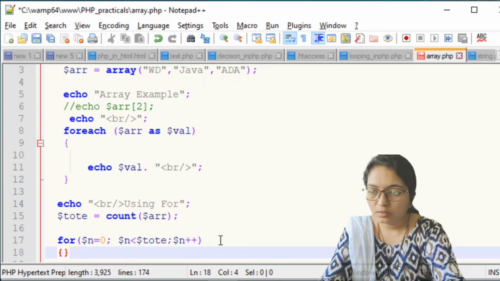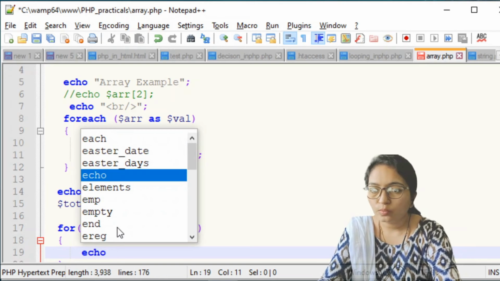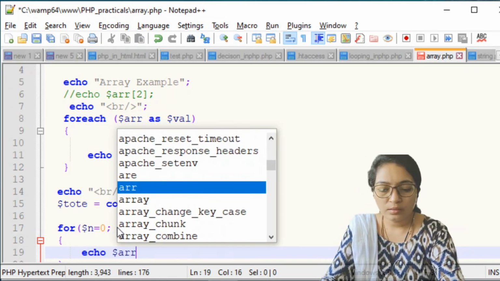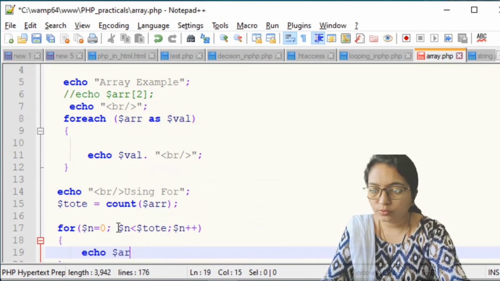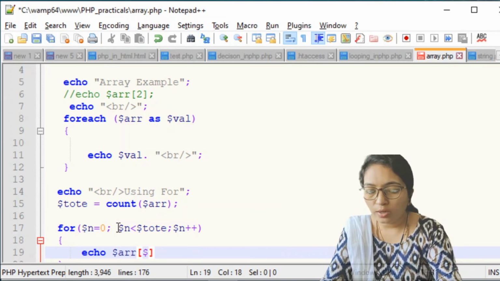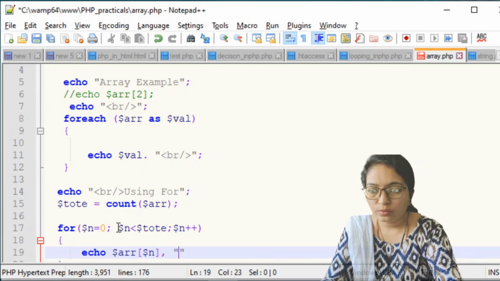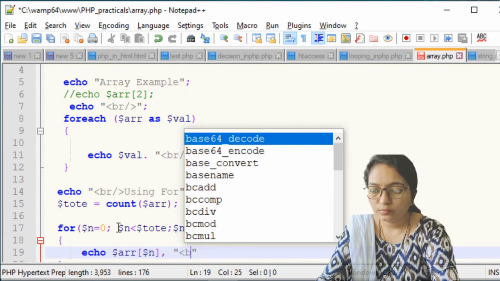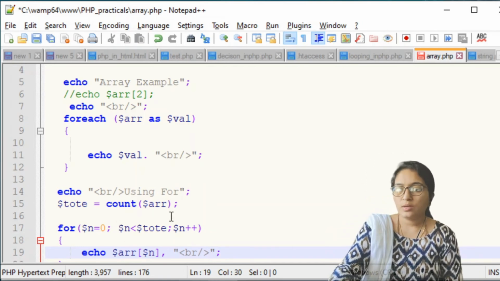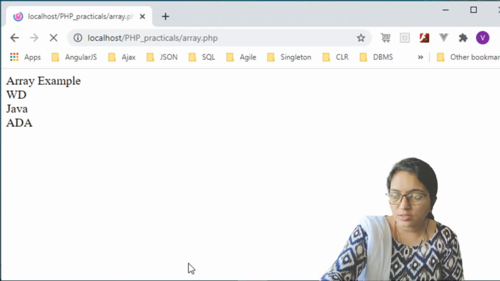After that, you just have to display the element, that is echo $array, sorry, you have to do the square bracket, echo $, okay, and after that you have to do the BR. Just semicolon it. Now execute this. Just save it and just refresh this page.